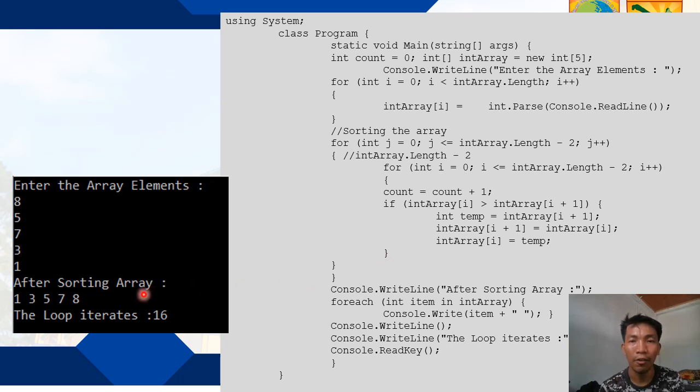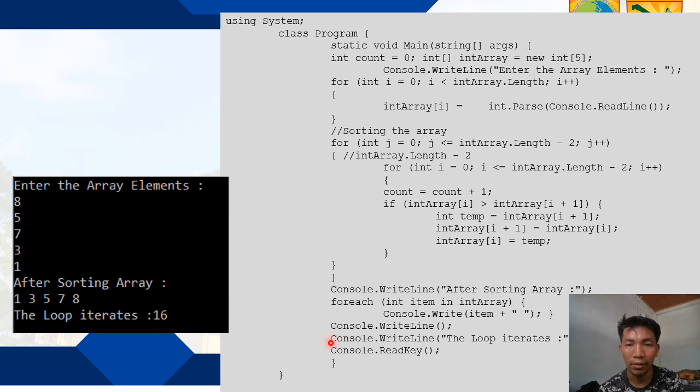After sorting the array, a foreach statement calls on the ordered array list. Here 1, 3, 5, 7, and 8 is being displayed.